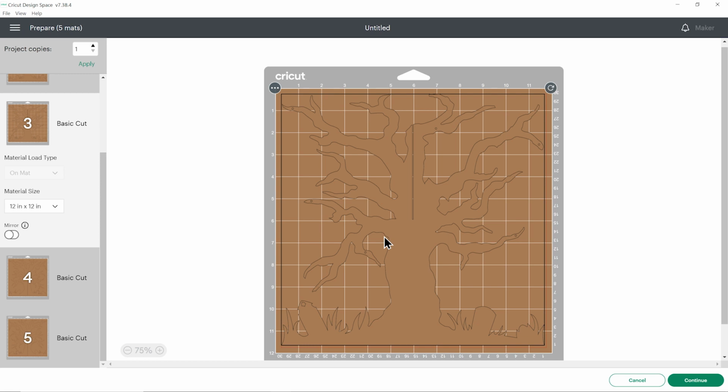It will cut with your regular cutting blade in your Cricut Explore Air 2 or 3, or your Cricut Maker or Maker 3. There we go. All right, so go ahead and get all of this cut out, and then we'll see how to stick it all together.